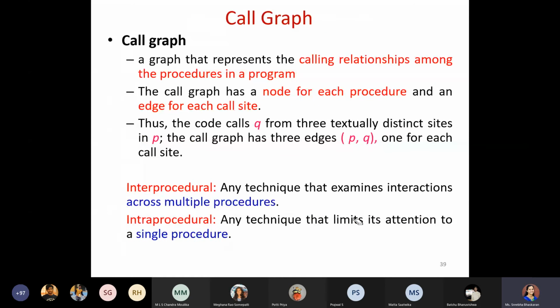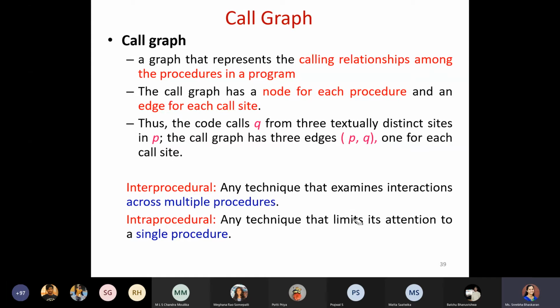Moving on to the next and last type of graph, we call it the call graph. As the name specifies, call. In programming languages, whenever we say call, usually we use this term for your procedures, or functions. Whenever you have a procedure or function in your program, we apply this term call. So the call graph is also applied for your procedures.